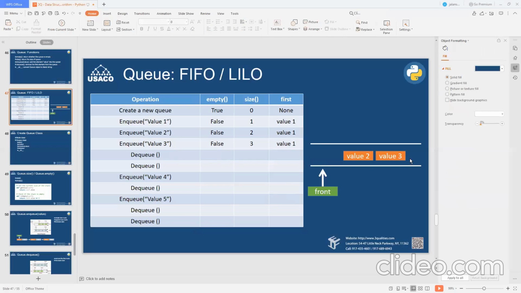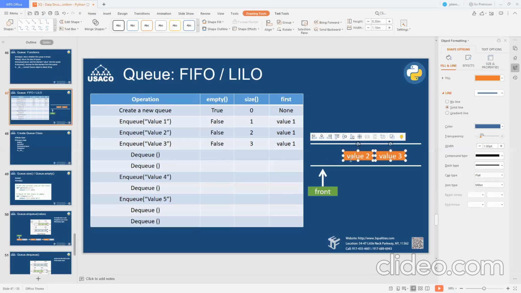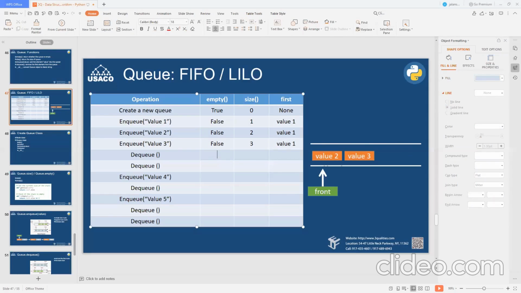Very good. Value 1 will be removed from the queue. So after that, empty is what? False. Size? 2. What's the first value? Value 2.